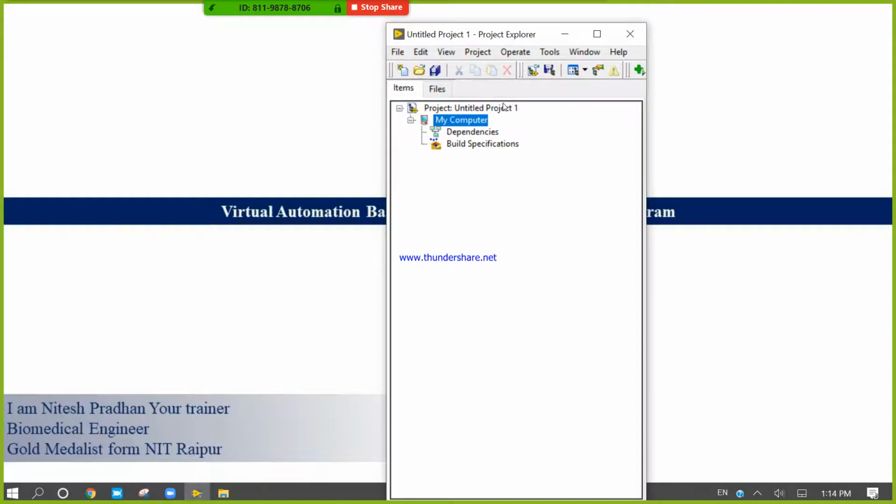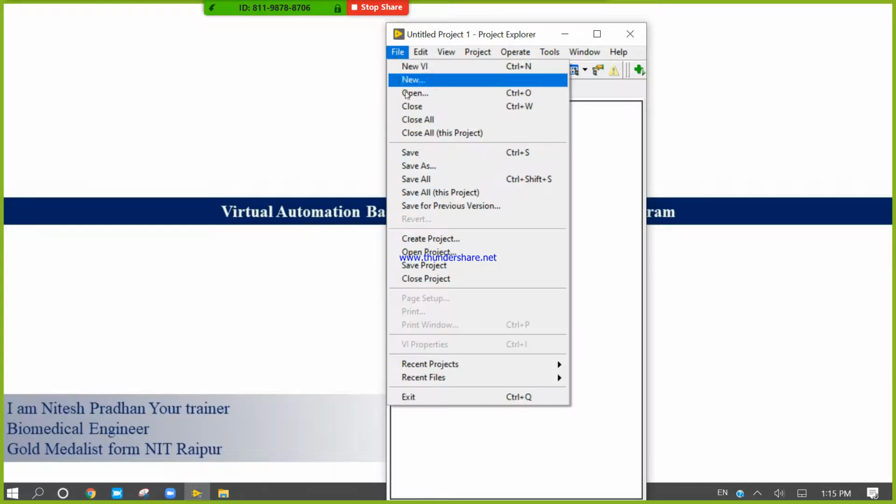This Project Explorer is present in virtual form. To design this project we are targeting our computer and the dependencies of our computer.